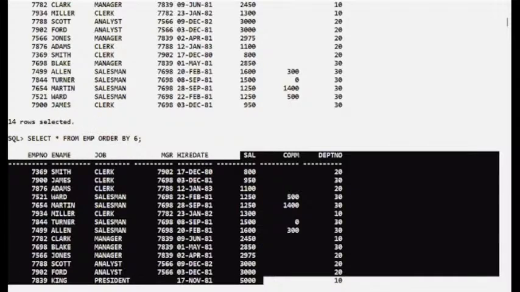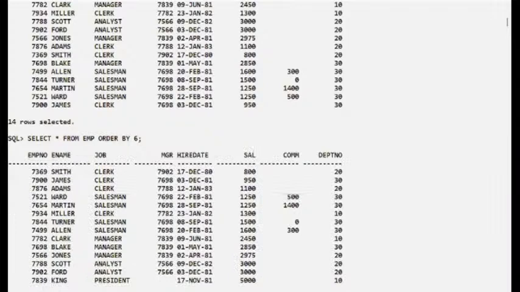Now we can take it like this. Suppose instead of star, I'm taking EMP number, E name, sal. Now see, in my select query, how many columns did I select? 3 columns. In these 3 columns, what is your salary column position number? In these selected columns,